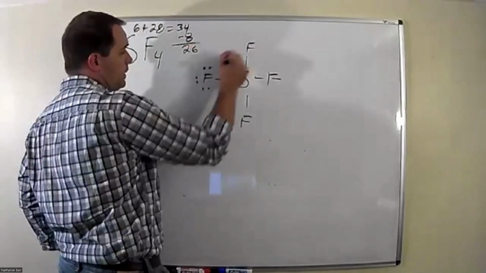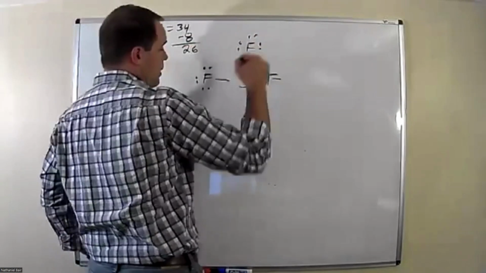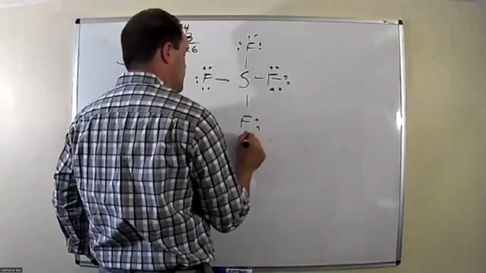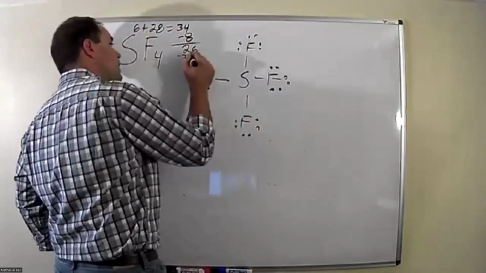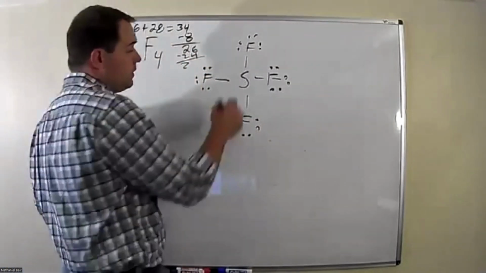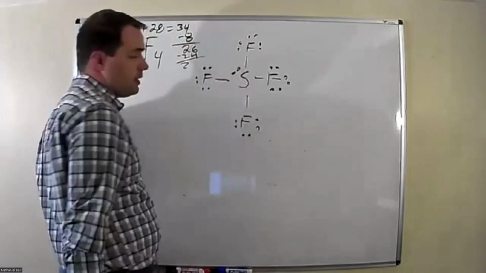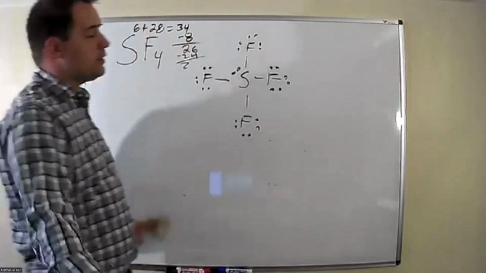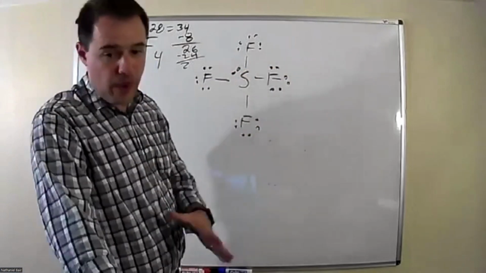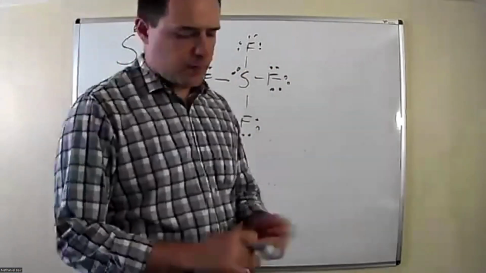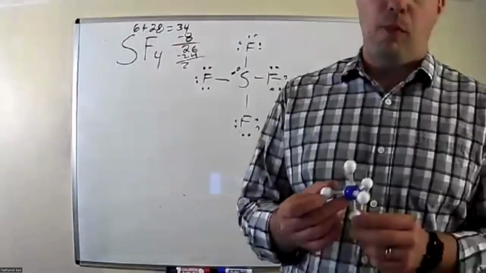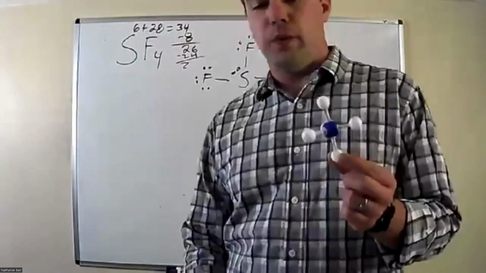2, 4, 6, 8, 10, 12, 14, 16, 18, 20, 22, 24. I still have 2 electrons left. Where do they go? Central atom, because it can exceed the octet rule. This is domain 5. We got 4 bonding groups and 1 lone pair. It's domain 5. The question becomes, of a trigonal bipyramid, what atom do we remove and replace with a lone